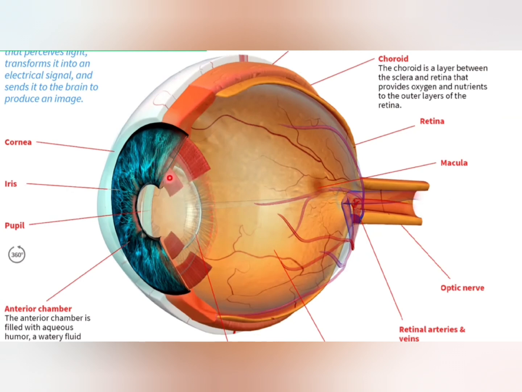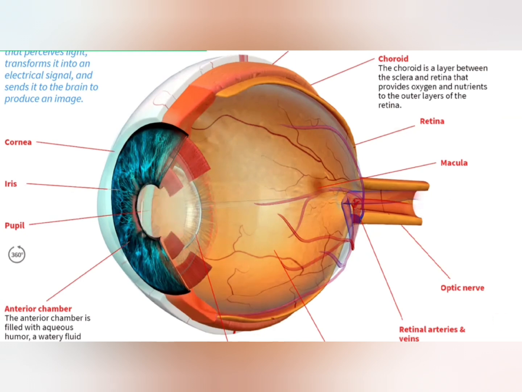Depending on the light condition, the iris contains two key muscles that control the size of the pupil: the sphincter pupillae and the dilator pupillae, also known as the radial muscle. The sphincter pupillae is in this position and the dilator pupillae are here in a radial manner, and the sphincter pupillae is surrounding the pupil. Okay.